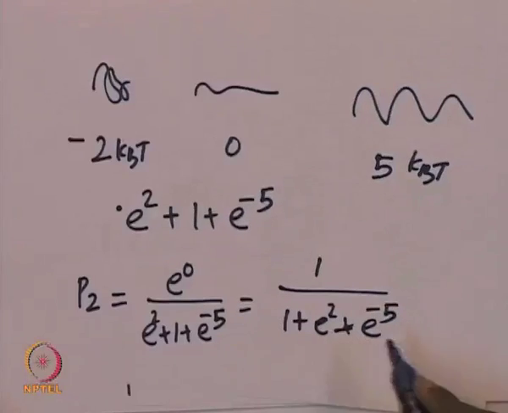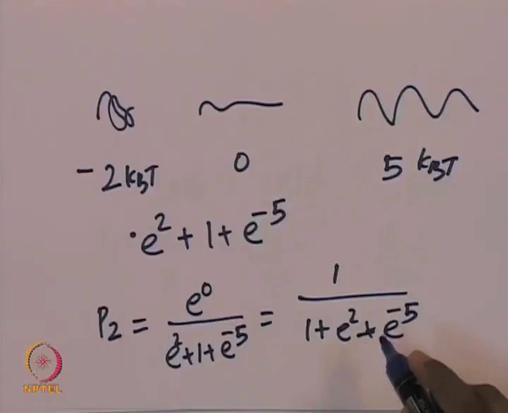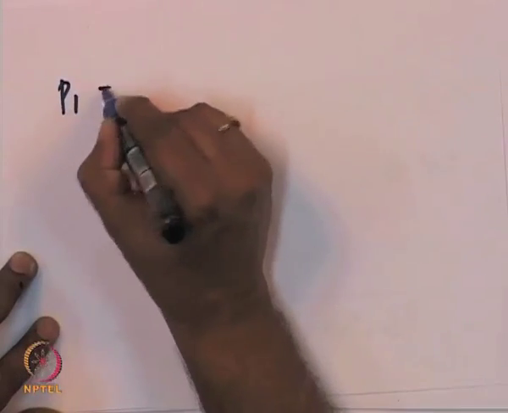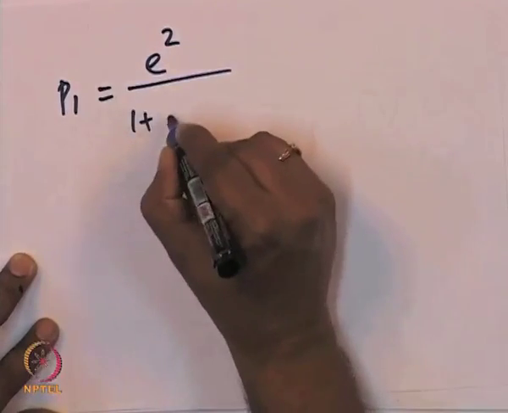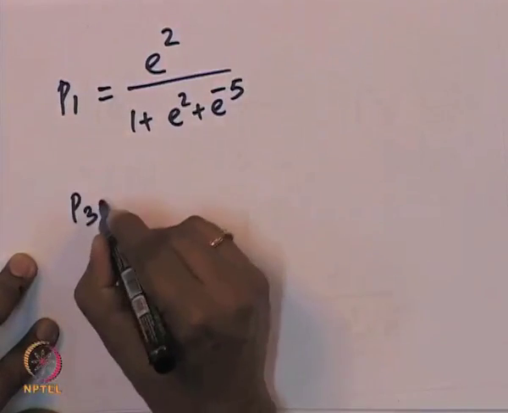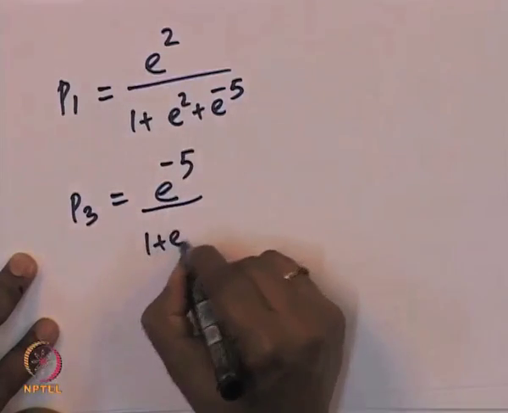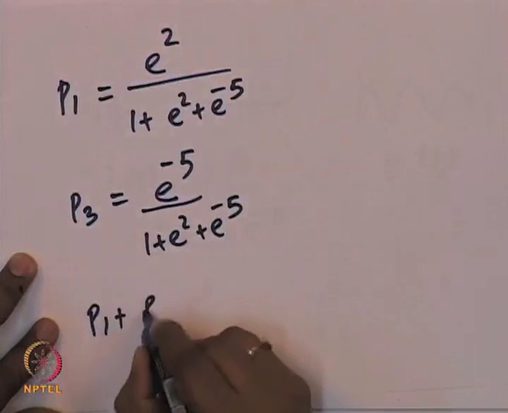This is P2. Similarly, you can calculate P1 and P3. Let us quickly calculate this. You will see that P1 is basically e power 2 divided by 1 plus e power 2 plus e power minus 5, and P3 will be e power minus 5 divided by 1 plus e power 2 plus e power minus 5, and we will see that P1 plus P2